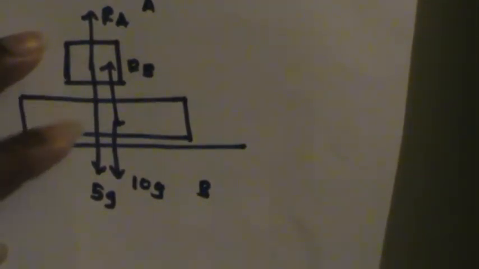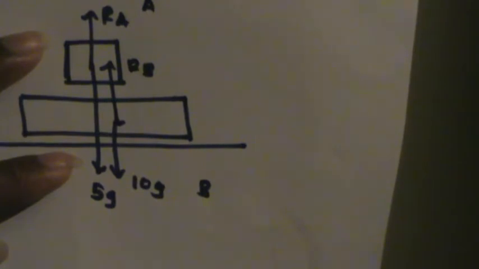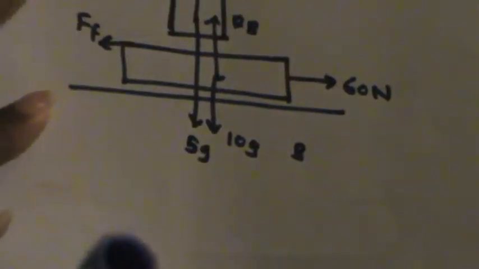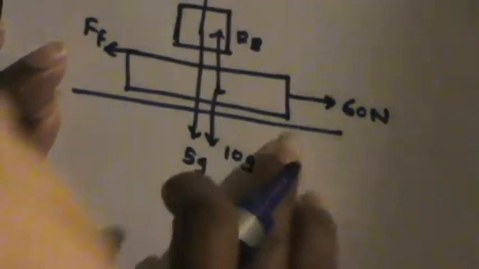We are increasing the force, assuming that there is no friction between the large object and the floor. We are increasing the force up to 60 newtons. As I mentioned in the last video, when you are applying a force on this object, it will have a force on this side, right? The force applied by A on B will be so as to oppose B's motion. It will be this side. Since there is only one friction, I will write it only as Ff.